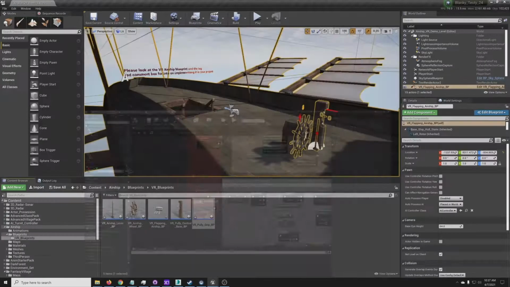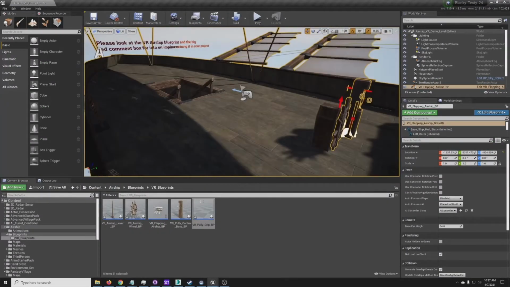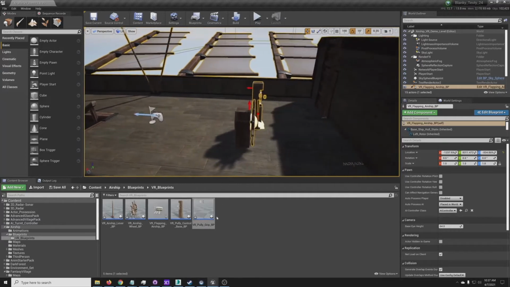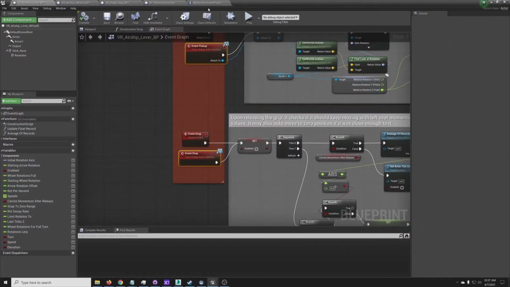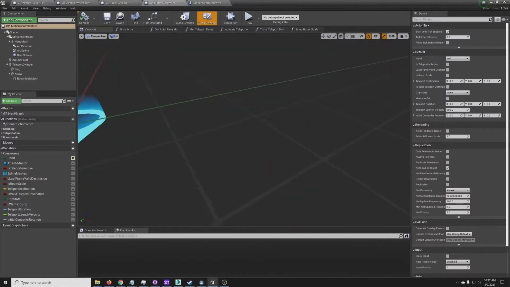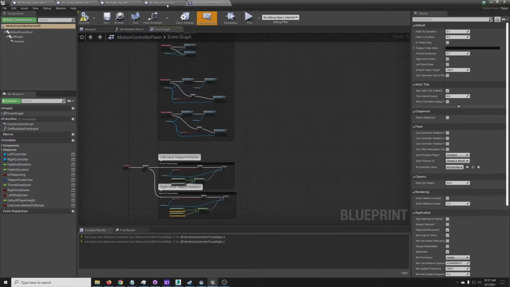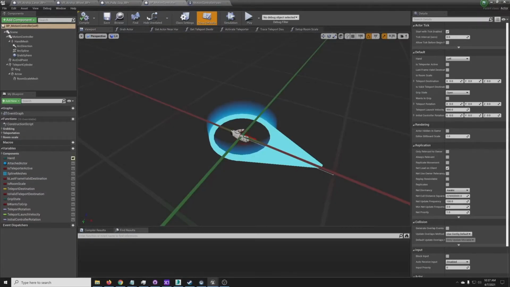But we've got an airship here. Airships are different from what the default pawn usually is used to, which is working with world static. So we're going to make some changes. First, go to your BP motion controller. These are the things that act as your hands. You've also got your motion controller pawn. So going to the motion controller,